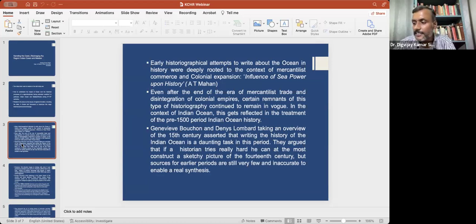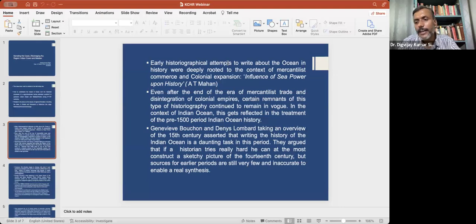He says that the first exercise, that is the history of the ocean, concentrates on the connections and the processes within its boundaries, that is within the physical boundaries of an ocean or the geographical boundary of a landmass or a coastal region. And secondly, the history in the ocean, he says, goes beyond activities in the physical limits of the ocean and relates the ocean with the larger history of a geographical area and, specifically, world history generally. Now, this kind of approach towards the history of the ocean, that is history in the ocean and history of the ocean,